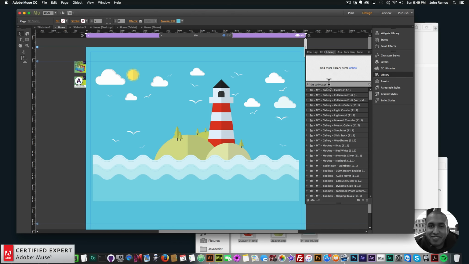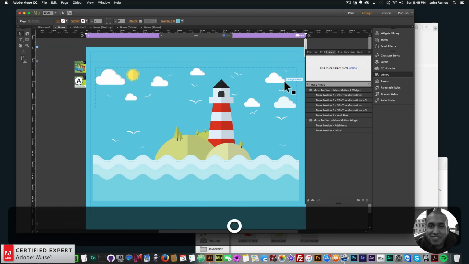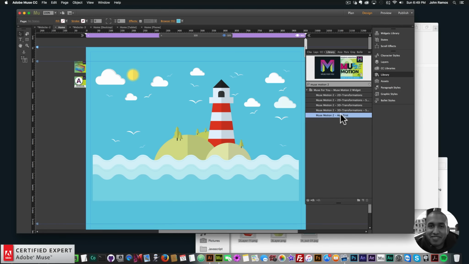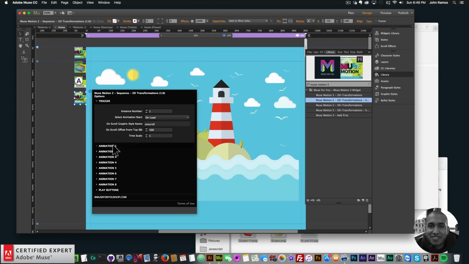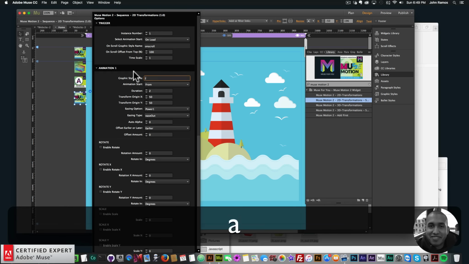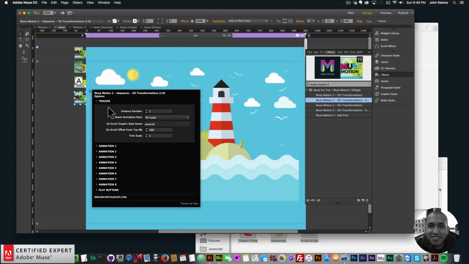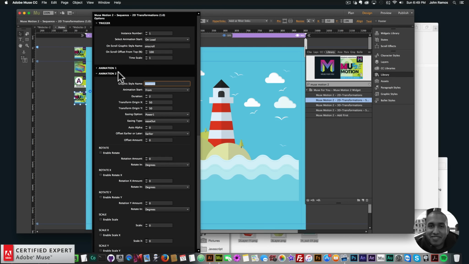All right, and you can bring in the Muse motion widget. So I'll just do that real quick. I'm not gonna add too much motion to it, but I'll bring that in real quick in here, and I'll bring in the sequence. I'll say 2D transformations sequence. I'll add that in there, and then I'm just gonna change the graphic style names to the elements. So I'll open it up. I'll say animation 1, say layer 1, close that. Animation 2, I'll say layer 2,